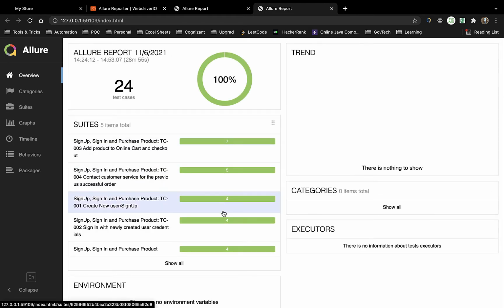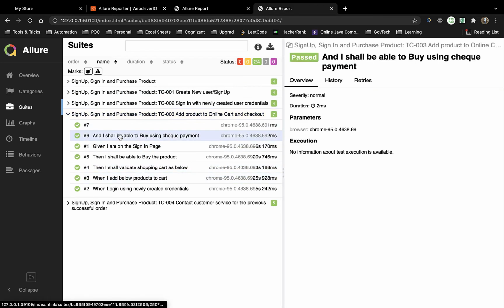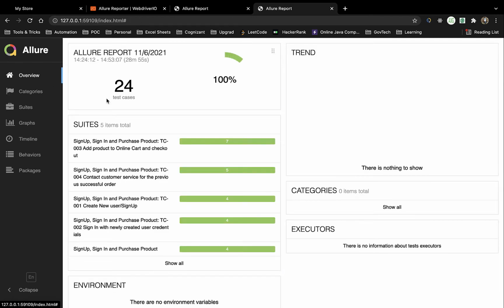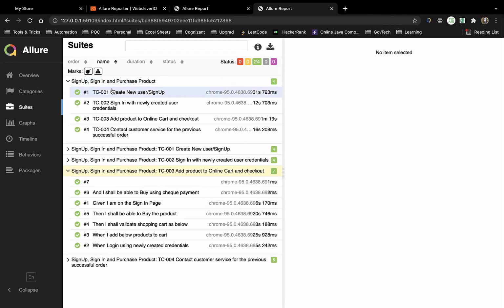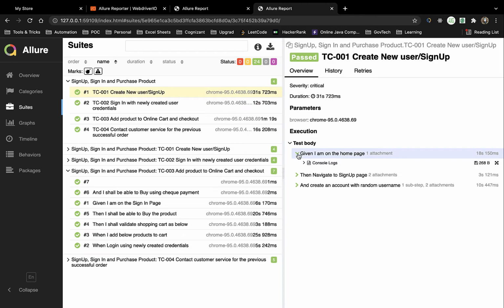Okay, so now you can see the test got passed. Now we should be able to see the screenshots for each of the scenarios. Okay, if I go here, overviews, maybe this scenarios. Okay, so if I go for the first scenario within the suites, and I go here,